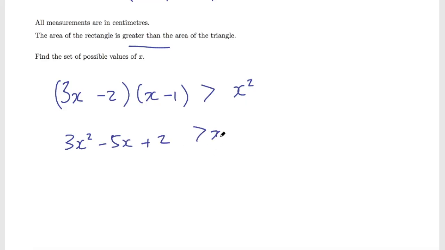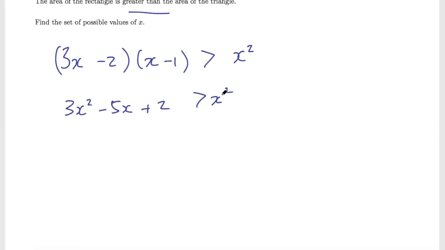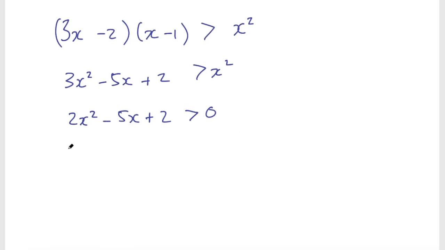is greater than x squared. And then bring that x squared over to the side. So 3x squared minus x squared, that would be 2x squared minus 5x plus 2 is greater than 0. Once you get to that point, actually we can simplify further and factorize this again. So factorize this back into 2 brackets once we've got that x squared out of the way,